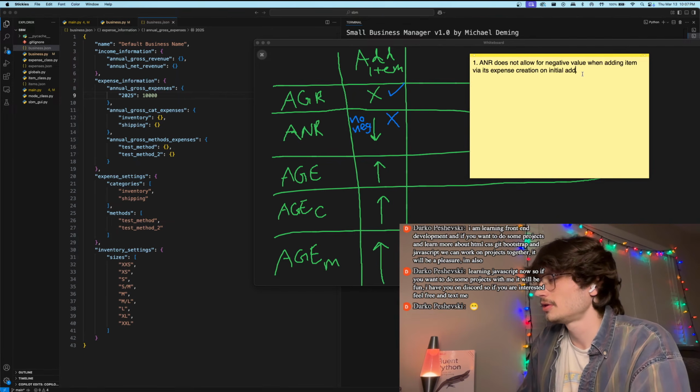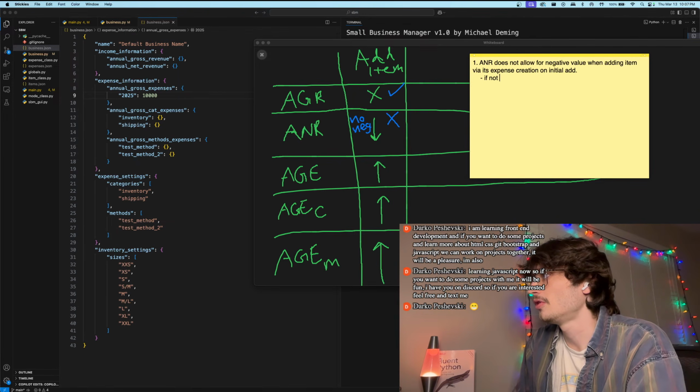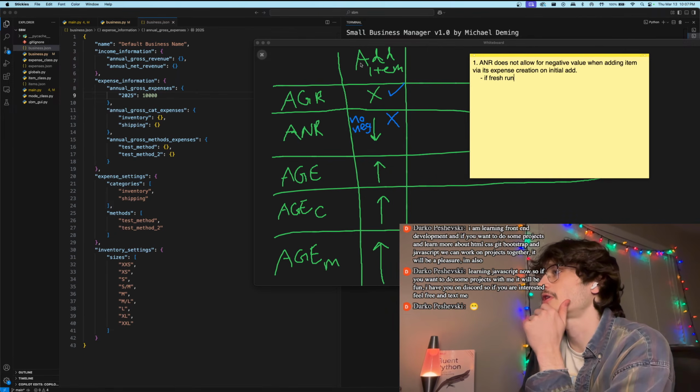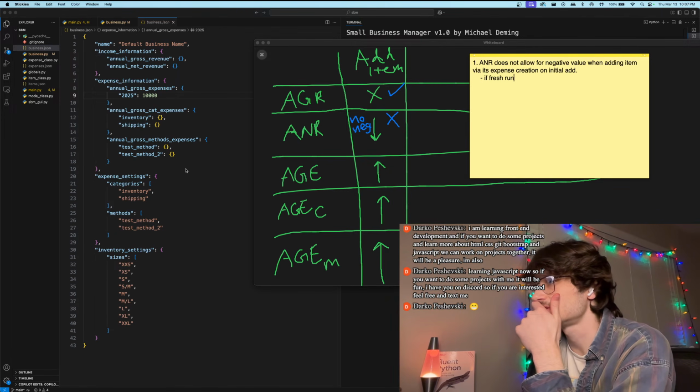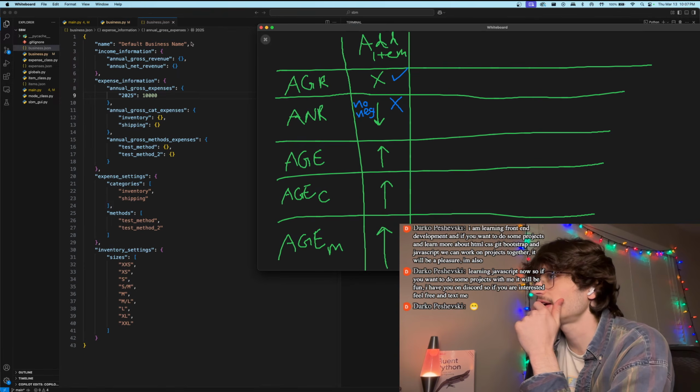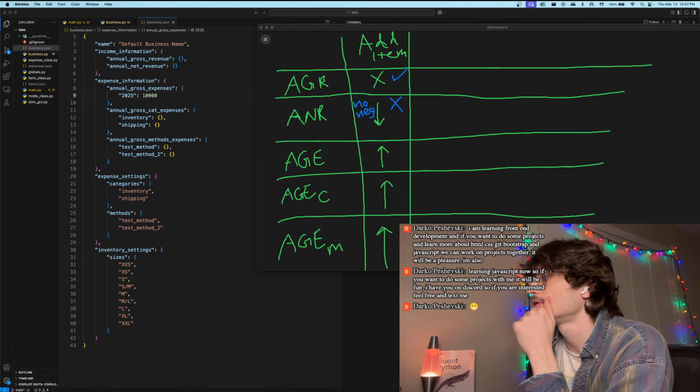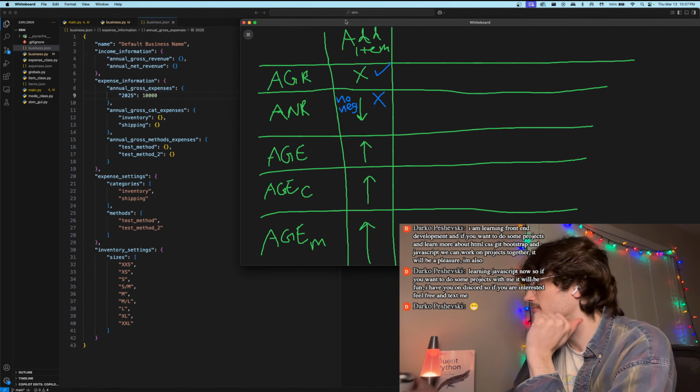Okay, so we'll put a note down here and say if fresh run. So like no other item, so everything else is zeroed. Okay, so next, let me grab that sticky, let's float that boy on top. Okay, so next,